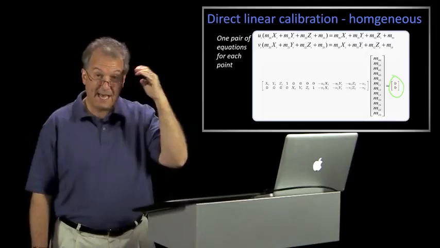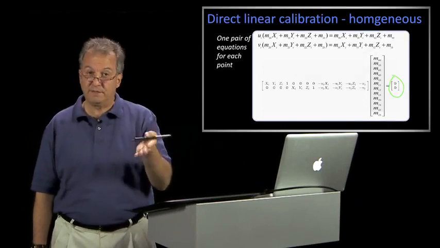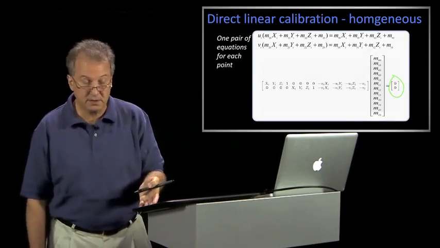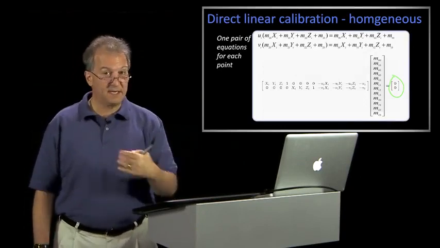So the question is, how do we solve that? Because obviously there's a trivial solution. What's the trivial solution? Well, if A times x equals 0,